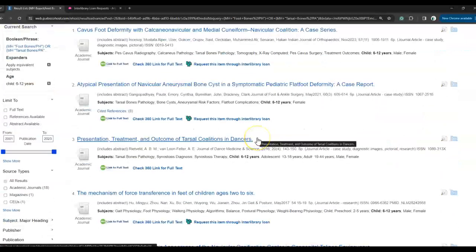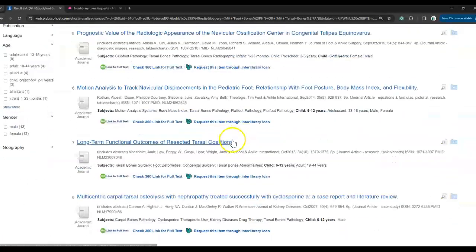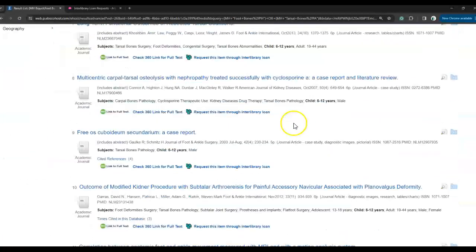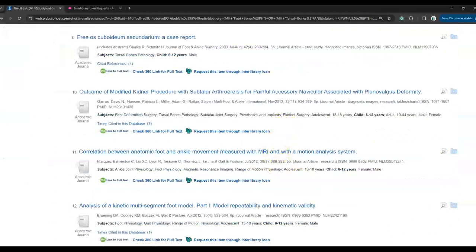And it looks like all these articles are not available, and that is okay. And so that's where you'd use interlibrary loan. Now, interlibrary loan is really fast. It takes about 1 to 2 days. And we're not in a science library ourselves, but we're asking for them to come from a science library. So I would definitely encourage you to request several articles because sometimes one may not come, but predominantly they will